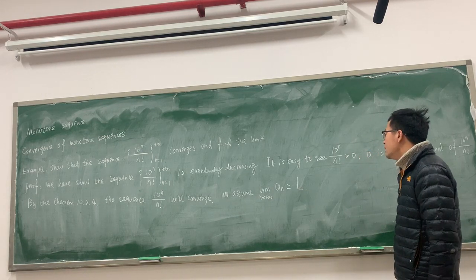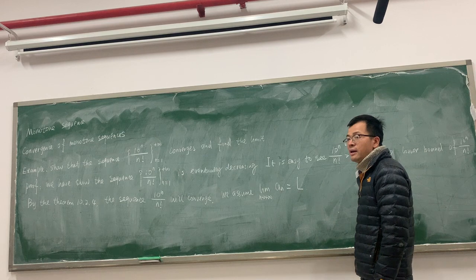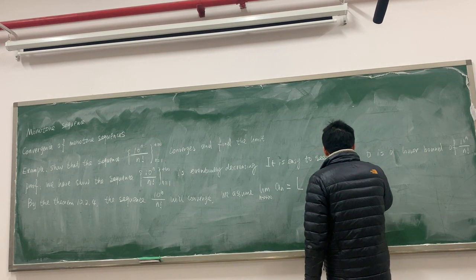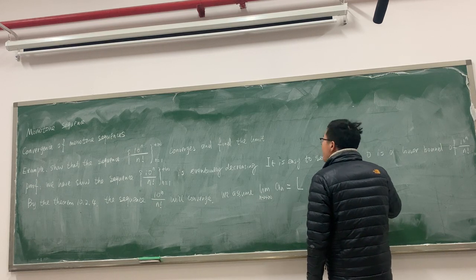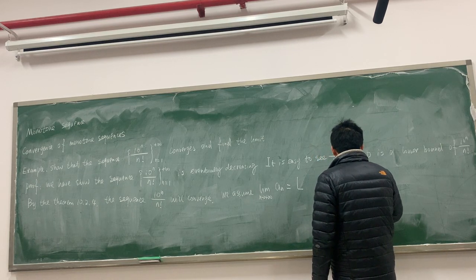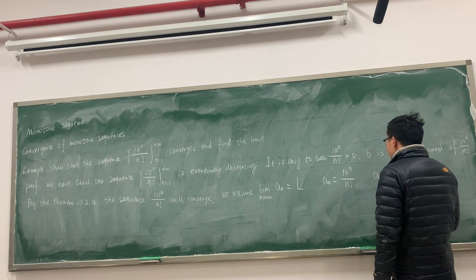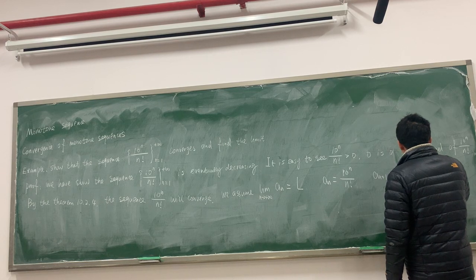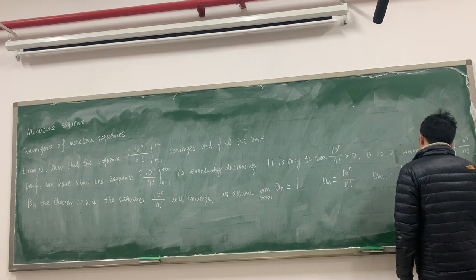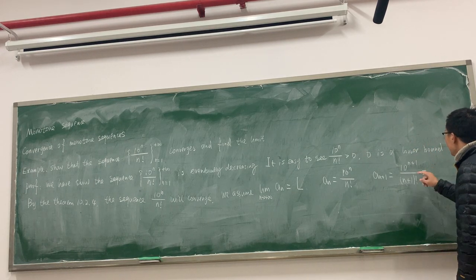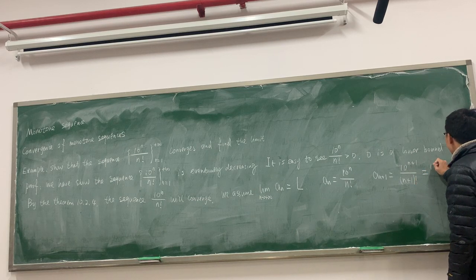So now we need to find L. We see a_n equals 10 to the nth power over n factorial, and a_(n+1) should be equal to what? 10 to the (n+1) power over (n+1) factorial. We can rewrite this as 10 times 10 to the nth power,